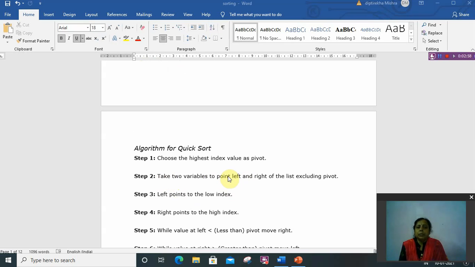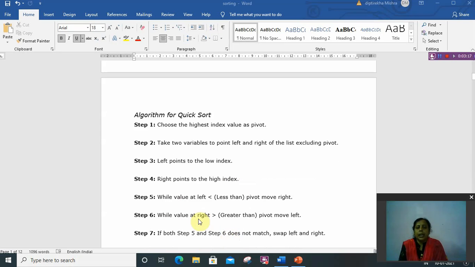The left points to the low index and right points to the high index. The value at left should be less than the pivot. If the value is less than the pivot, then the left moves towards the right.